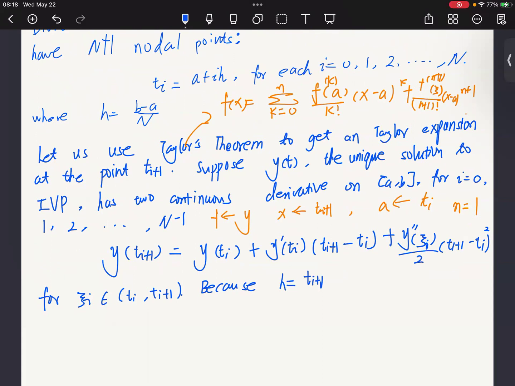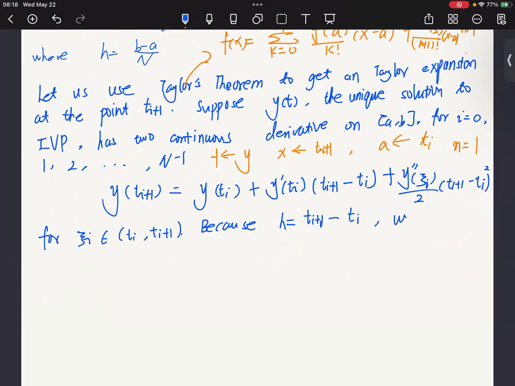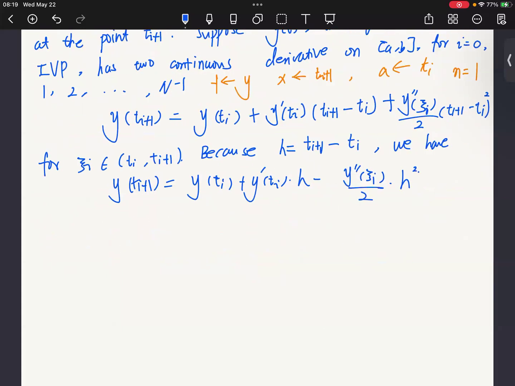neighbor node, and then subtract the other one. And because of this, we have y(t_{i+1}) equals y(t_i), and then the second item is just the first derivative times h, and then the second derivative times h squared. And here we have this is the